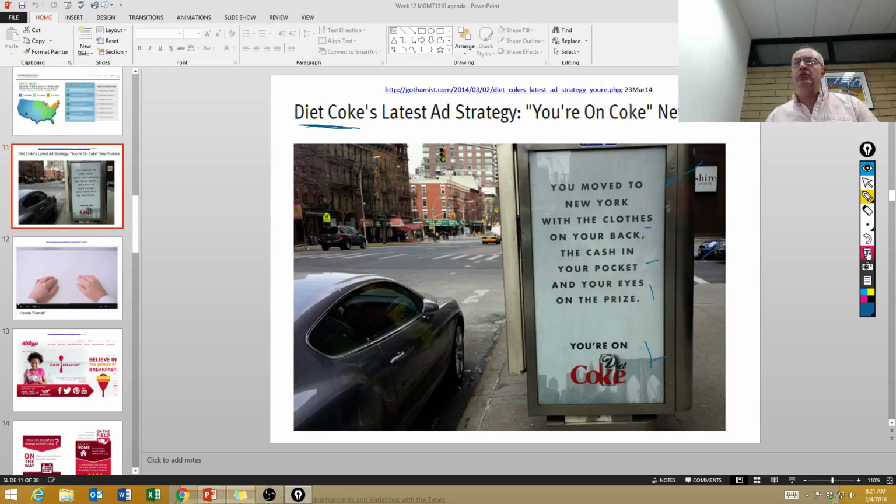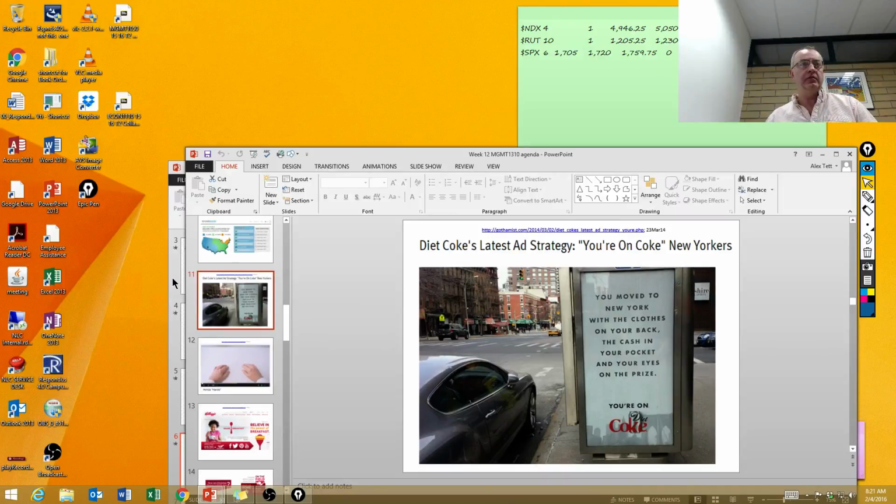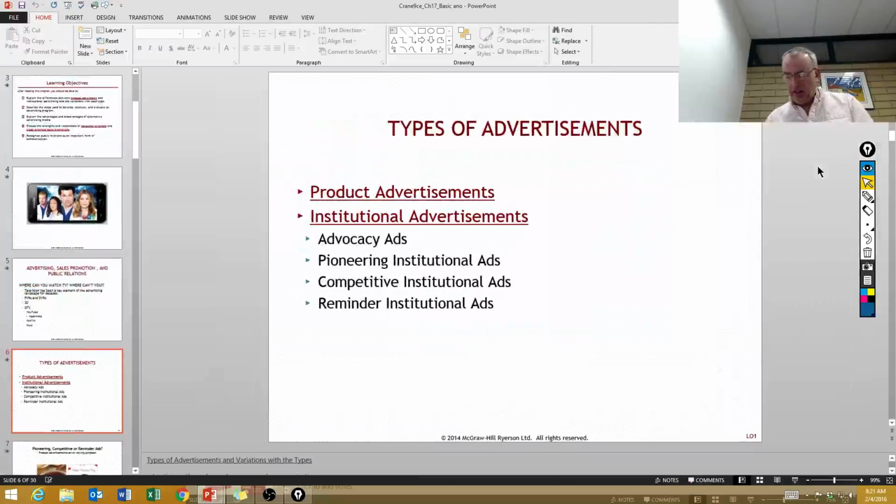Okay. So the other major kind of advertising we have is institutional advertising, as opposed to product advertising. And we have similar types of institutional ads. Sorry. We have pioneering, we have competitive, we have reminder, and then we have these advocacy ads. So we have these four different types of